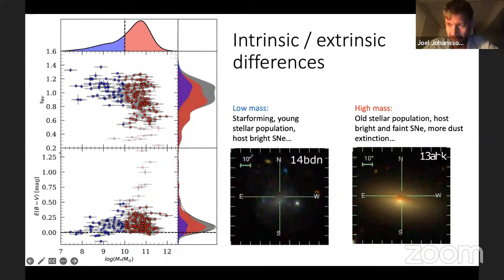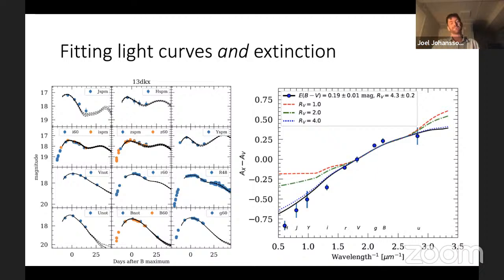Whereas this other supernova, 13AHK, exploded in this red elliptical galaxy with this sort of dust lane visible here as well. And the nice thing about type 1a supernovae is not only that they are standard candles, but we also call them standard crayons, in the sense that their colors are also very standard, very predictable colors. So in principle, if you have a wide enough wavelength range of your observations, you can actually constrain